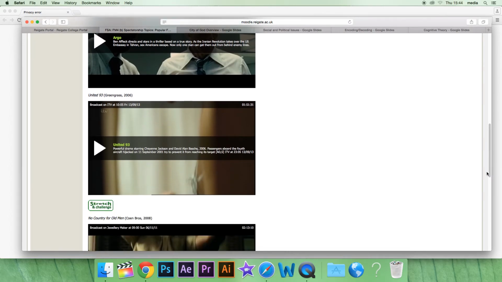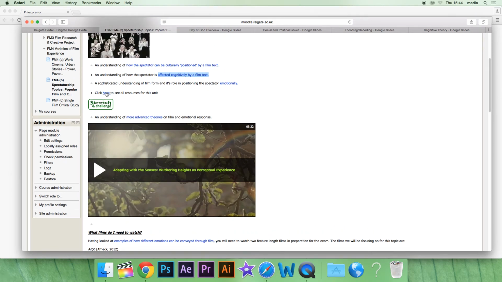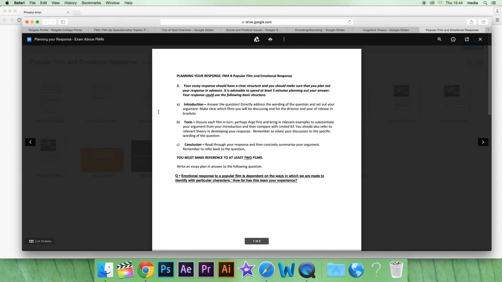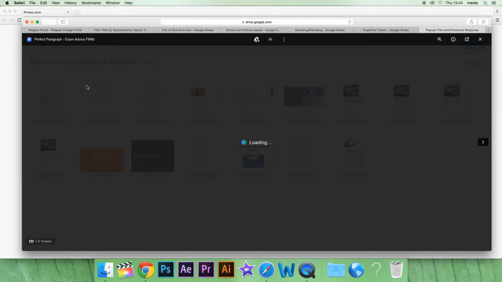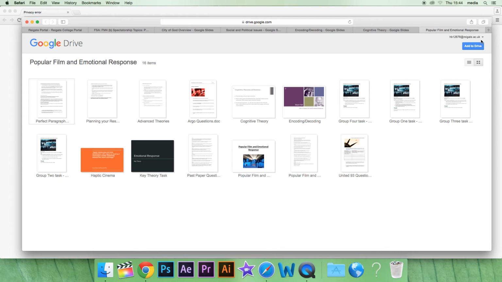So if you find the resource link for section B, click on there, you will see, like with section A, there's some advice on planning your response here. It uses a possible question, and also some advice on paragraphing, like with section A. So before you attempt the paper, look through those documents and have a go at the tasks on there. So there's a task on each of those documents, planning and paragraphing.